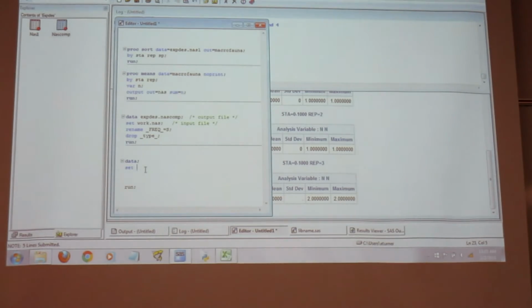So what we want to do is called a label statement. And so I'm going to take the file we just made, okay, and I'm going to play with a new one just to get this right. And once we get this all right, we're going to build the other one again. We're going to put it back in there. We just need to know what we're doing. So what I'm going to do is I'm going to say data, I'm going to call it NAS comp 2.